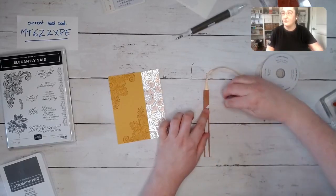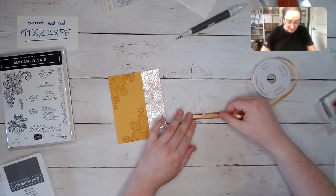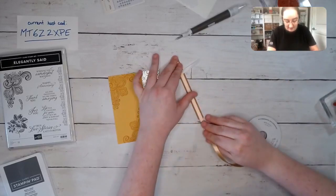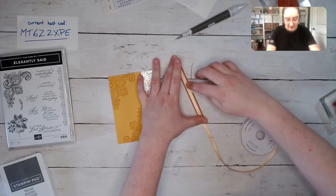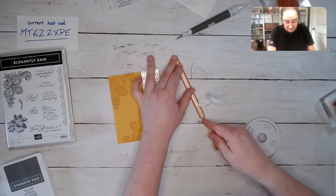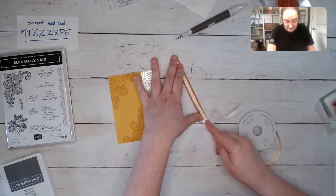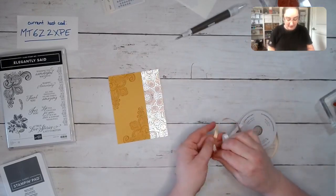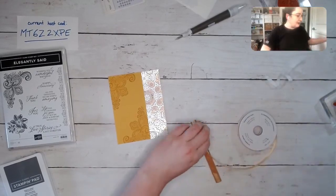And then I'm going to take this and I'm going to fold it, but I'm going to fold it off to the side like this. And then I can put my ribbon straight down the center of the cardstock. And as I pull this, I can smooth this down so that it's nice and straight on my cardstock. I'm going to pull that all the way down to the end. If it gets a little bit off kilter, I can just straighten it out like that. There we go. I'm going to fold it over the back side, just like that, and then